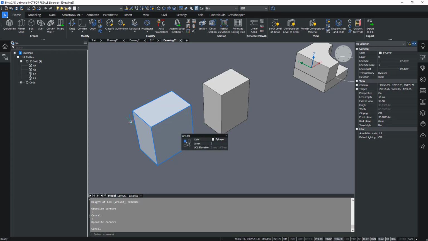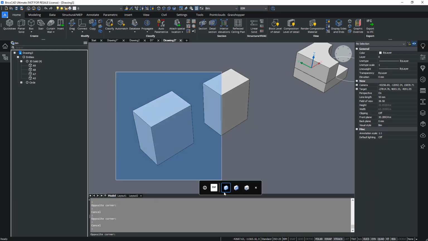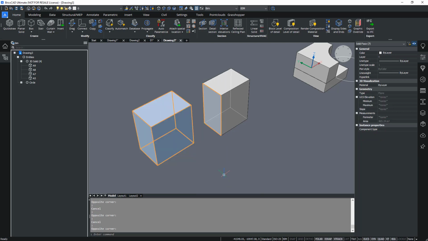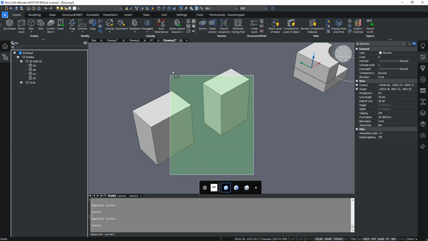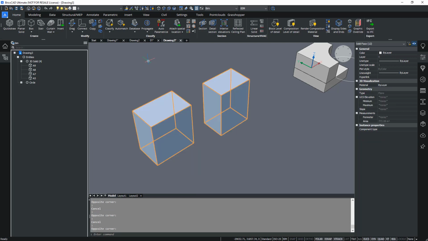Now we can also use selection boxes together with the hotkey assistance, which is here. The hotkey assistance tells you that as soon as you toggle Control once, you enter a different mode. You enter the faces mode, where you will be selecting the faces of the solid rather than the solid itself. Again, blue indicating everything completely falling inside will be selected. Everything else won't be selected. Same principle, but this time everything which crosses will be selected.